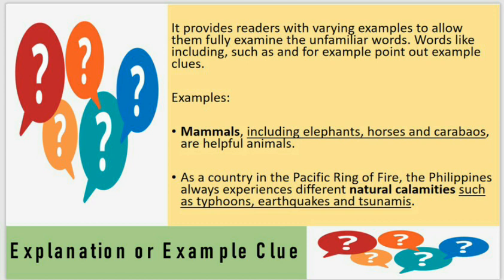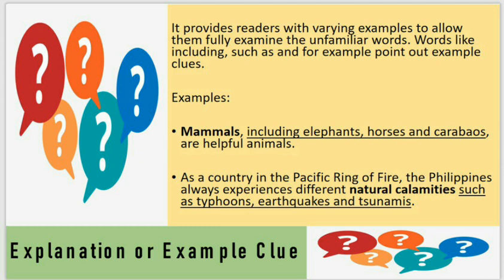Mammals is given an example in this particular sentence, and those are elephants, horses, and carabaos. With this, we can say that mammals is any of a class of warm-blooded higher vertebrates that nourish their young with milk. Next example: as a country in the Pacific Ring of Fire, the Philippines always experiences different types of